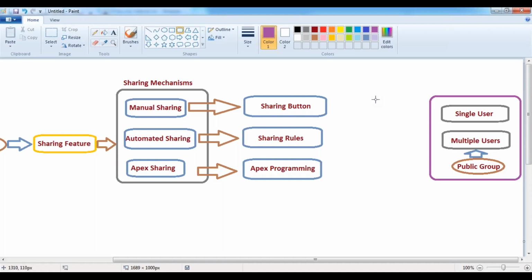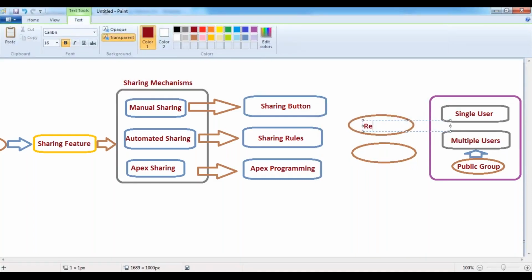So in this case, upon sharing the record to the people, we can grant the required level of access also. What level of access can we grant? Here we have 2 levels of access available in Salesforce. That is called read-only access and read-write access.